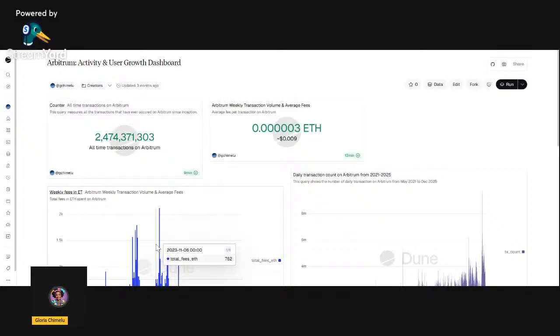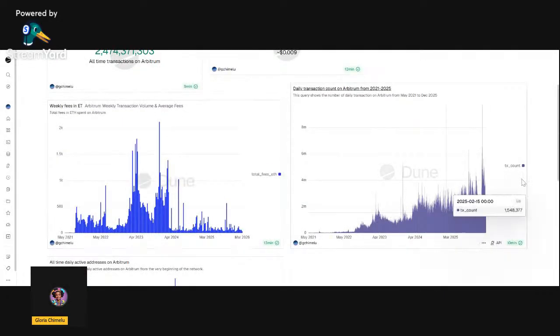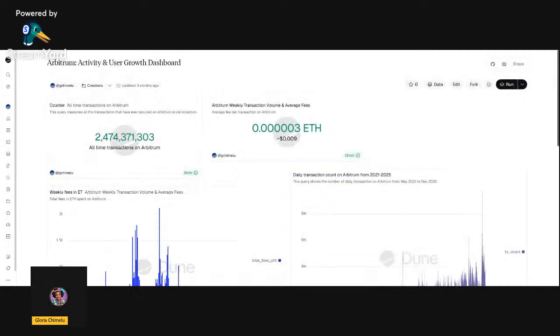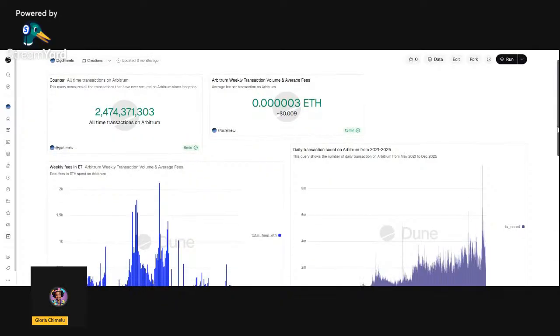And for Arbitrum to have this kind of transaction volume, and Arbitrum was launched in mid 2021, as you can see, and it's not just a spike. It's not just, oh, this happened prior to the airdrop. The transaction volume has continued to increase, and it is very interesting to watch. It shows that the chain is healthy and battle tested to handle billions of transactions. So when you say Arbitrum has handled billions of transactions, it's not an exaggeration. The data is there to prove it.